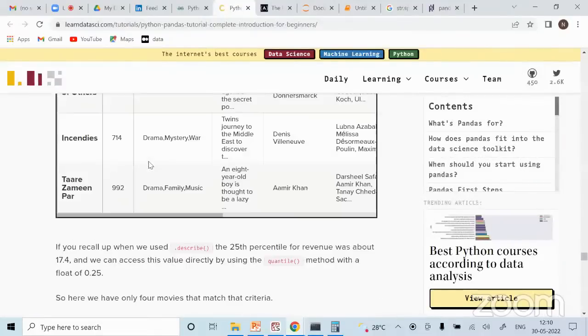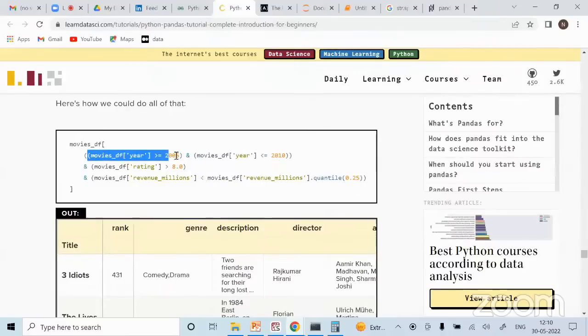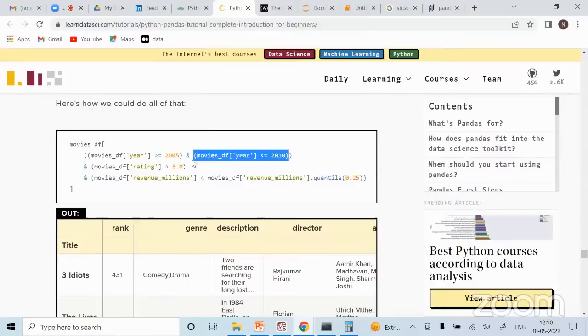So what I was telling you is, here you can give multiple filter conditions at the same time. You already have the and and or operators. So you have to think about what your condition is. For example, if I want to find movies between 2005 and 2010, you can give it like that. Always pay attention that whenever you are writing multiple conditions, you have to enclose each in round parentheses. So this is one condition, enclose this in round parentheses. Then you put the and operator. So movies which are greater than or equal to 2005 and less than 2010. It's an and, not an or, right?